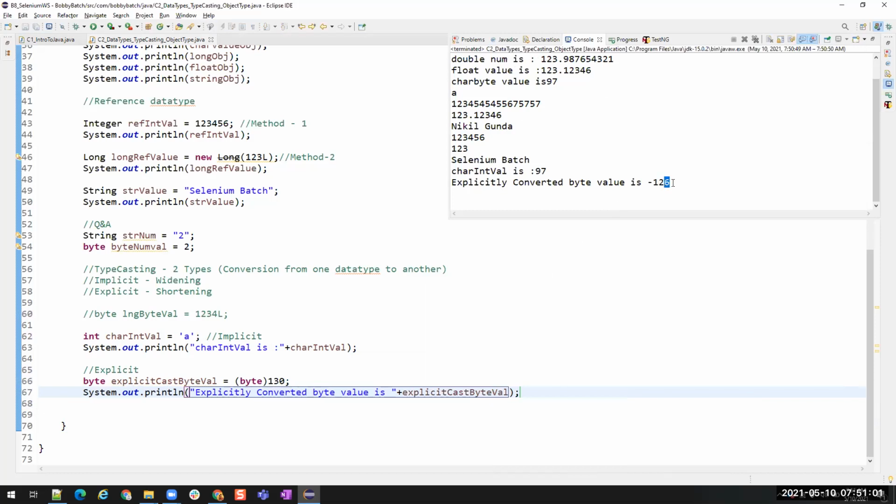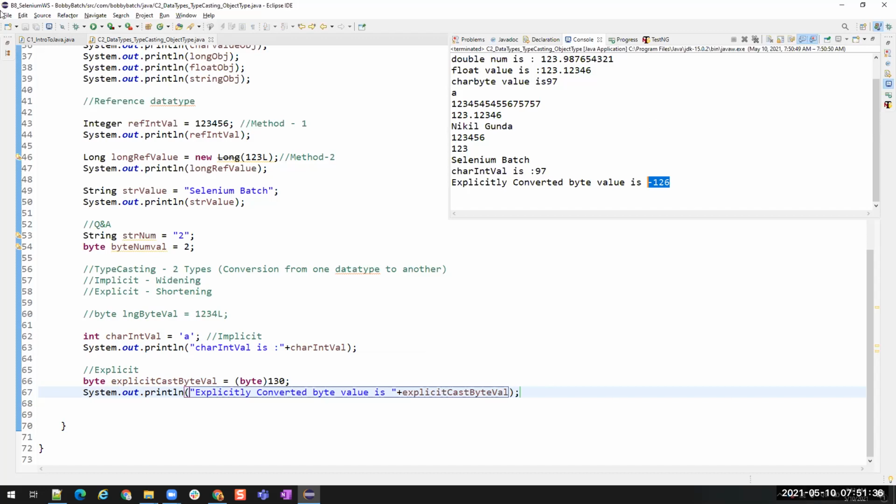What are we seeing? Minus 126. But what is the value that we stored? 130. So suppose, let us assume that it's your bank account. You have deposited $10,000 in your account, but it is showing as minus $10,000. Will it be okay for you? No, because if it is showing minus, then that means we are in debt to the bank. If it is showing plus, then the bank owes us.